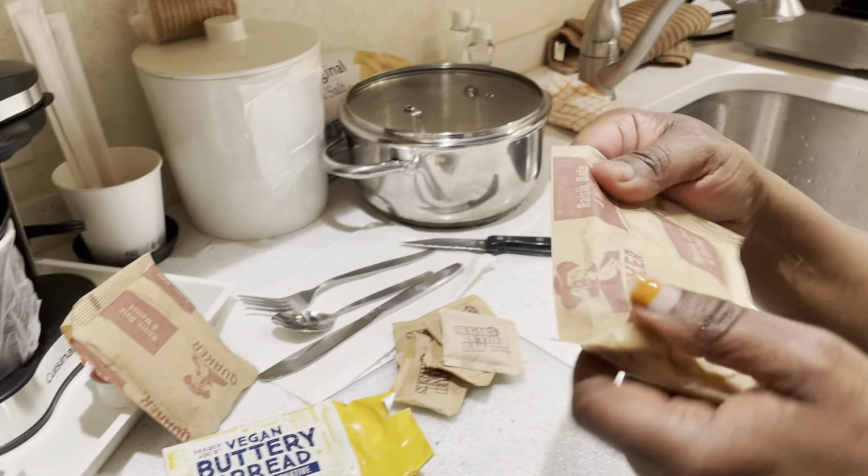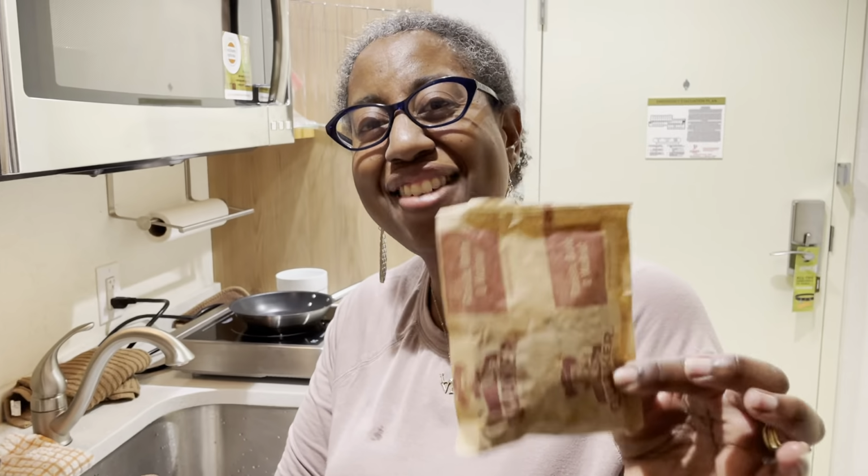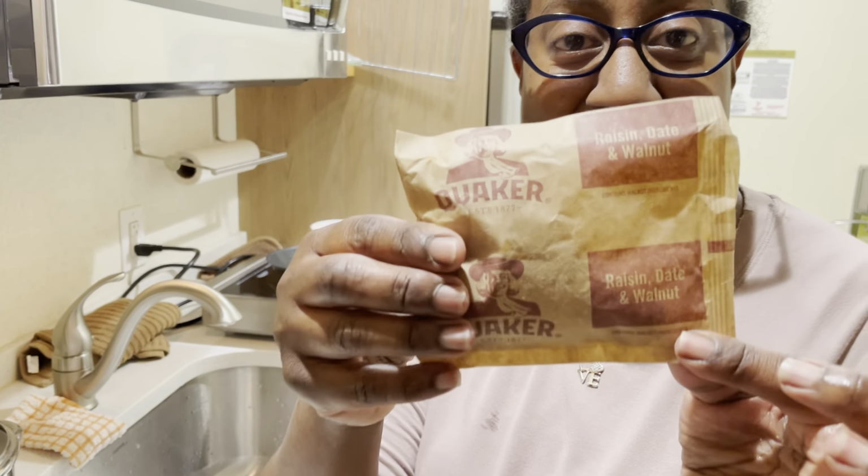Sugar in the raw, the butter, the sugar, and we do not go anywhere when we leave out of town without oatmeal because our child every day in the morning will want oatmeal. So the new flavor is raisin, date, and walnut. So this is actually going to be the crisp part of the apple crisp. Okay, so